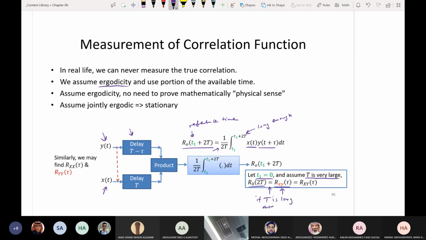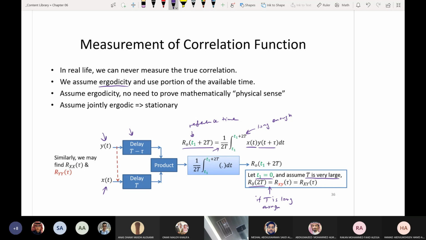Doctor, is there a definition for long enough or number of samples, or is it by practice? Let's say long enough means long enough until this doesn't change. Let's say the time average: you observe the signal for a certain time, say 1 minute. Now if you increase the 1 minute to 2 minutes, does the time average function change? If it doesn't change anymore, then this is long enough. It's not changing. That is the average.